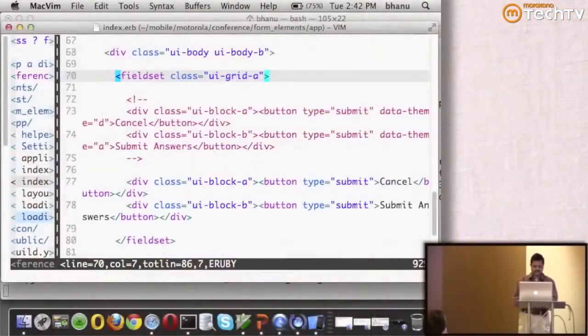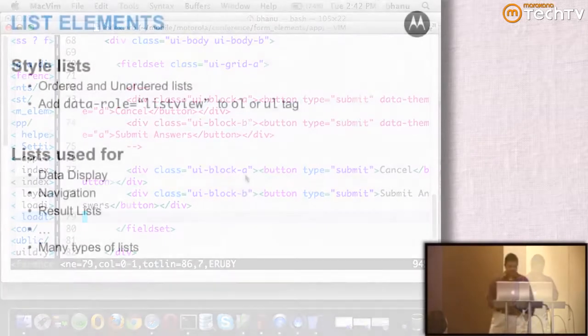This is one of the few where you have to turn off enhancements if you do not want them. And then I have my submit and cancel buttons. Those are standard submit buttons. We'll talk about UI block A and UI block B in a minute.